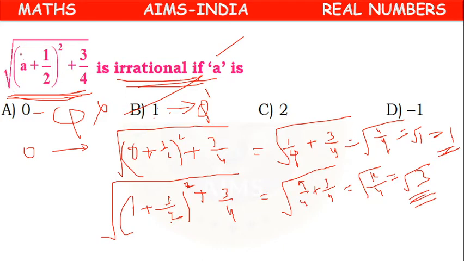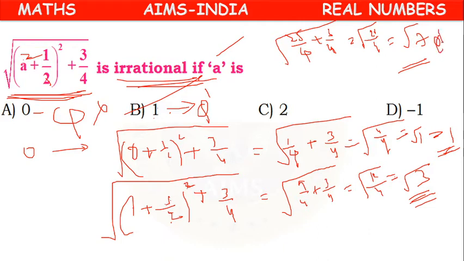If we keep 2 here, 2 plus 1, 5 by 2. 5 by 2 whole square means 5 square 25, 2 square 4, plus 3 by 4. 25 plus 3 means root of 28 by 4. 28 by 4 is 7. Root 7. Irrational number. So if we keep 2, then also we are getting an irrational number. Correct answer. If we keep minus 1,